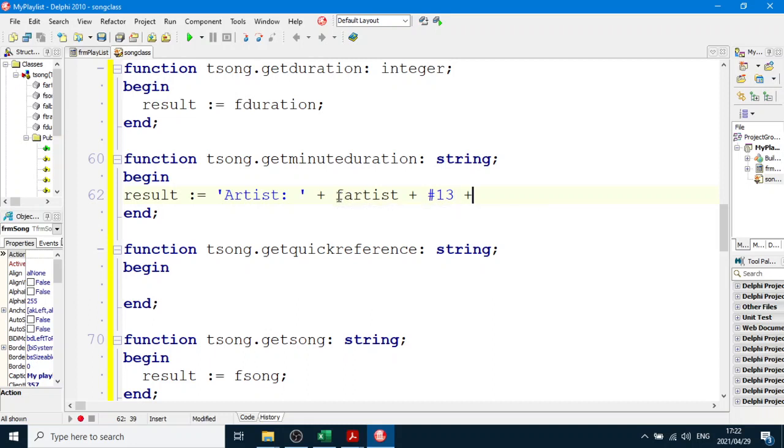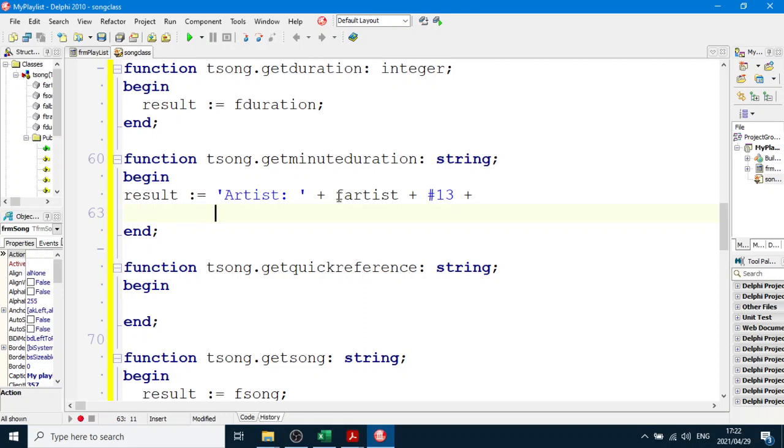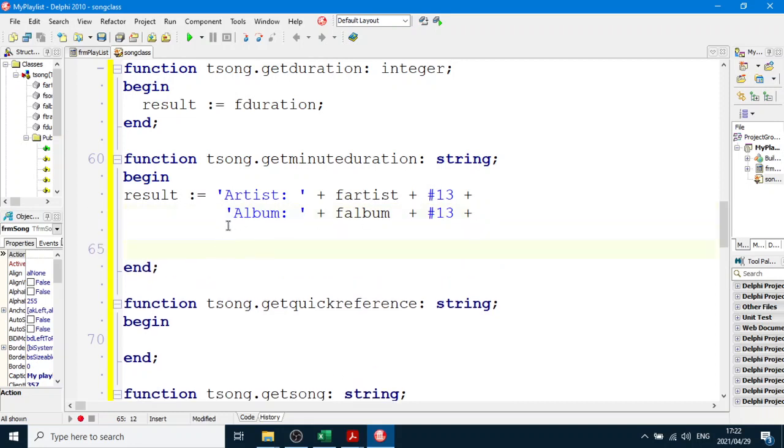And then we're going to join that to the word album plus fAlbum, the private field, plus hash 13. And then we're going to join that to, oops, I better go and get some space here, song plus fSong plus hash 13, and then we're going to have track